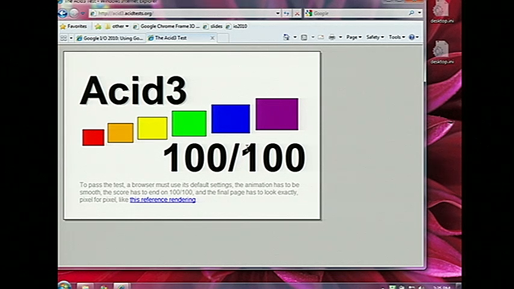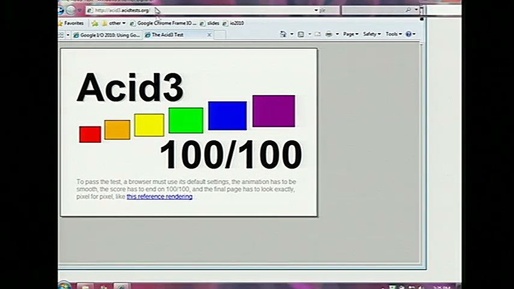So for those of you who are web developer dorks in the room, this should mean something to you. How many is that? Everybody? Nobody? All right. Is this good? All right. This is Acid3 passing 100 out of 100 in IE8. And that's not because IE8 supports the Acid3 test. In fact, if we copy this URL and we give this a go,